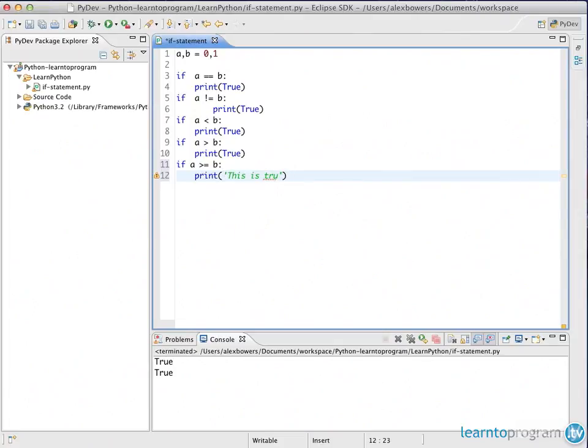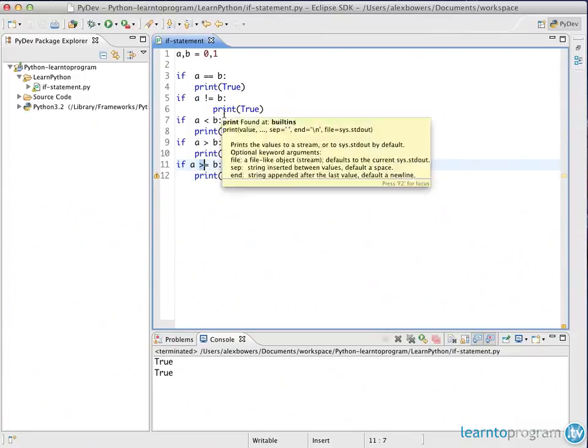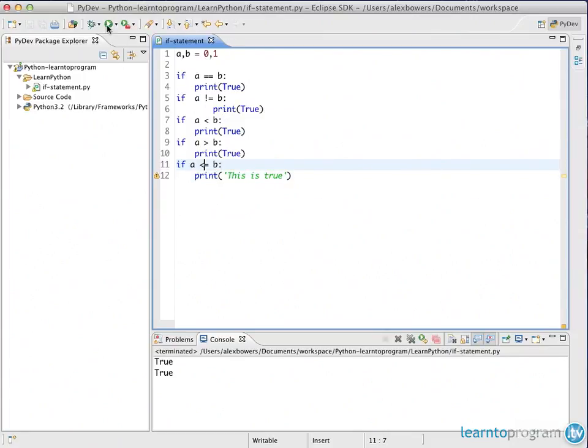I'll just put a sentence in here so you can actually see what happens, and if we run that, you'll see nothing is output here, and that is because A is not less than B. So if we change that amount to less than, you'll see this is true, and that's the output we expect from here. However, what you might have expected, since I mentioned before about the not, and, or keywords, is